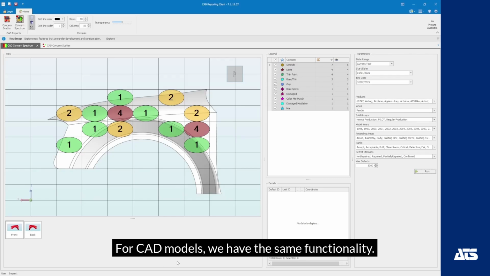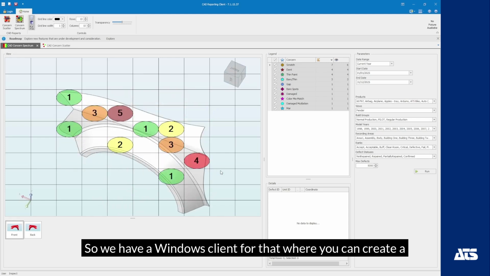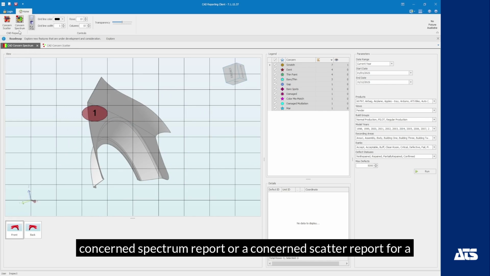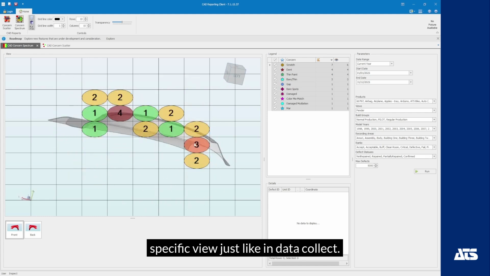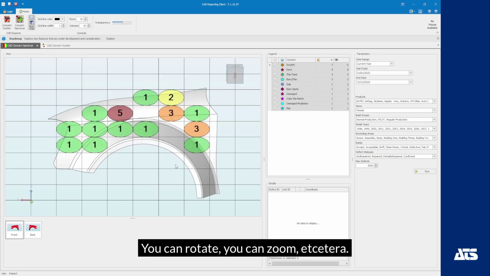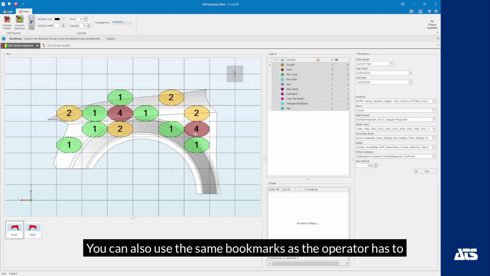For CAD models, we have the same functionality. There is a limitation in the web software that we use for reporting that doesn't allow live CAD models. So we have a Windows client for that, where you can create a concern spectrum report or a concern scatter report for a specific view. Just like in Data Collect, you can rotate, you can zoom, etc. You can also use the same bookmarks as the operator has to see